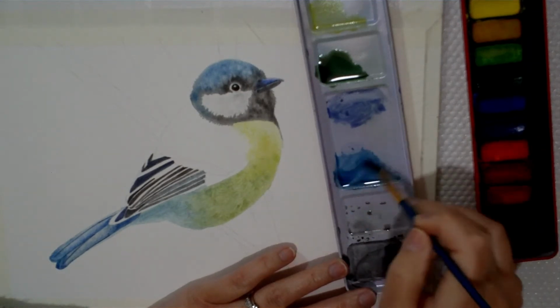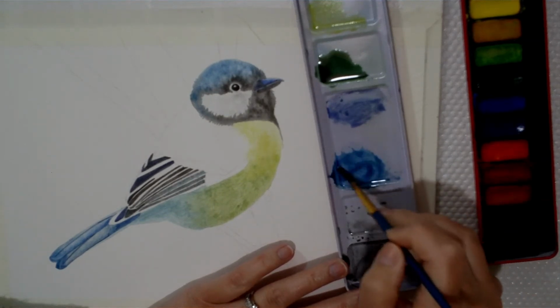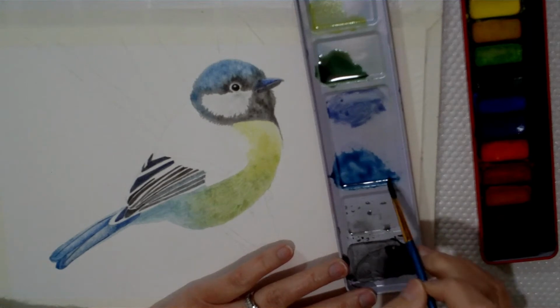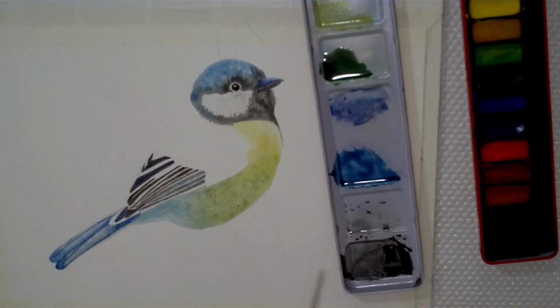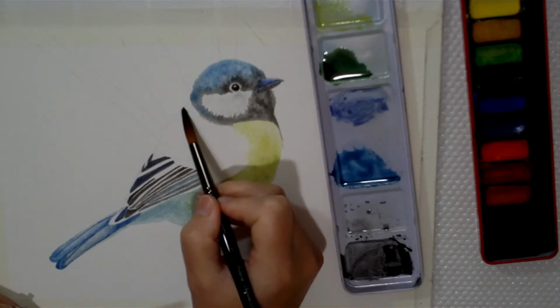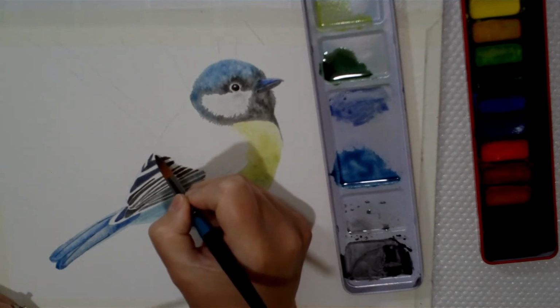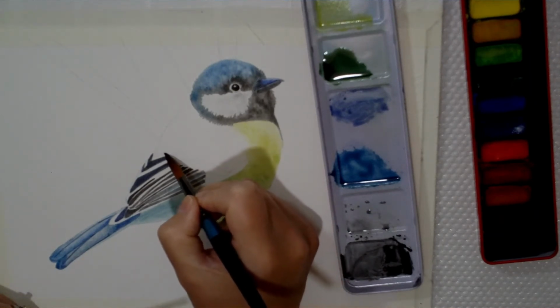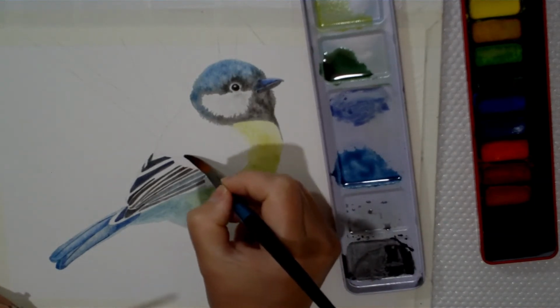Okay, let's pick up a bit more. Okay, that should be fine. Right, and again, we want these two colours to sort of blend together on the surface seamlessly. So to do that, we need to wet that area first of all with water. So starting at the top of his back, drag that water all the way down that edge. Now there's a little sort of triangle at the top of this section here that you want to paint water into,